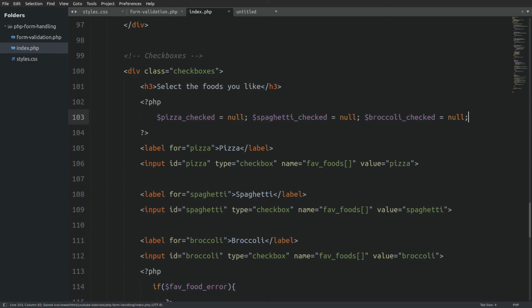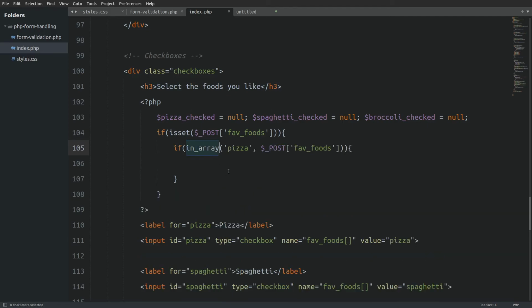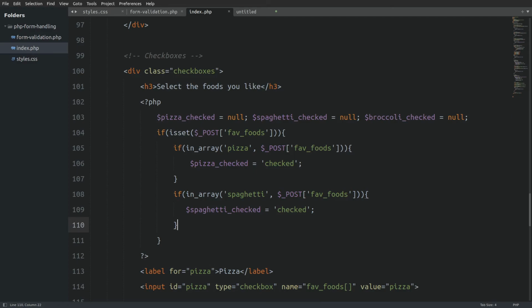I will create 3 variables: pizza checked, spaghetti checked, and broccoli checked, and initialize them to null. Then I will check if a favorite food has been submitted. Remember, the checked values are stored in an array. So I will use the inArray function to check if each value exists in the favorite foods array. I will start with the pizza value. If it exists in the array, I will assign the string checked to the pizza checked variable. I will do the same for the spaghetti